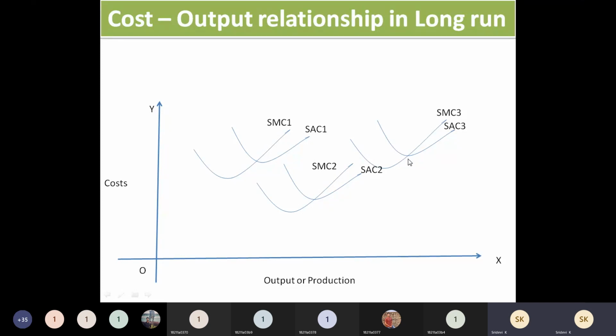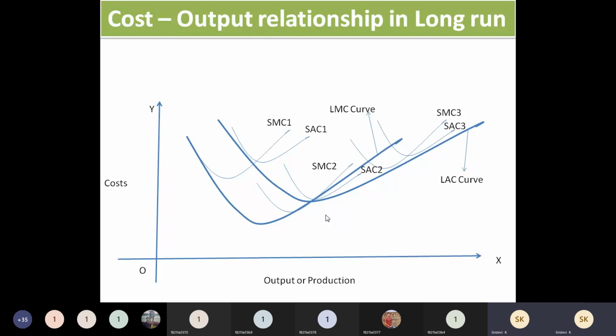So in this manner, you have to draw the three optimum points to get the optimum point of the long run cost output relationship. Okay, so now you can draw this optimum point of long run. So this is the LAC curve, long run average cost curve. I am combining all these in one graph. To understand, I have shown you separately how you are going to get this.